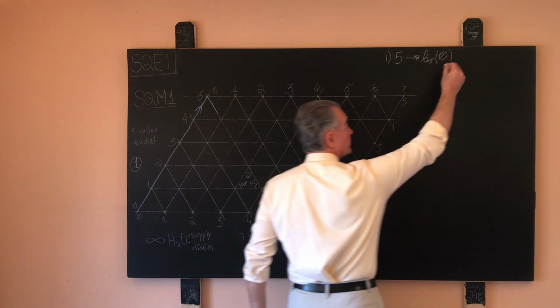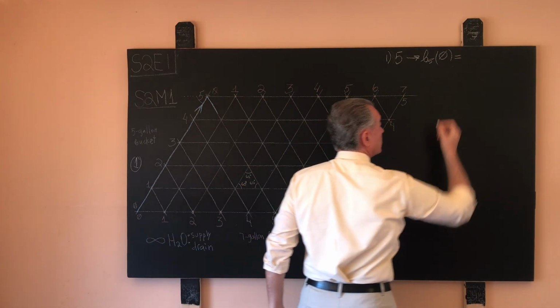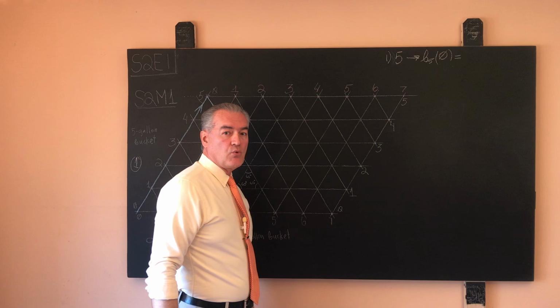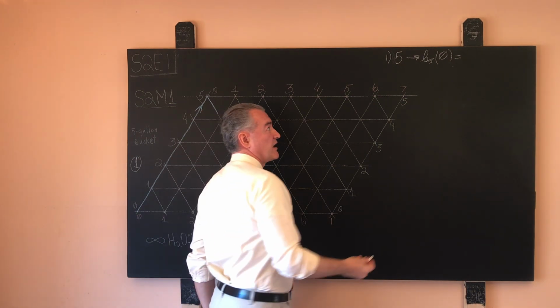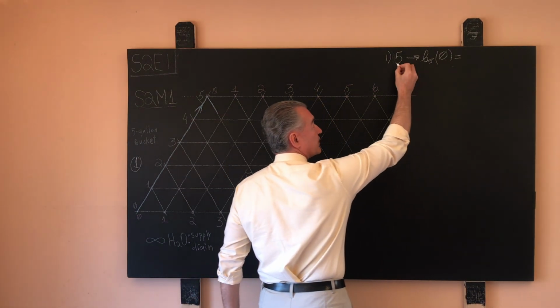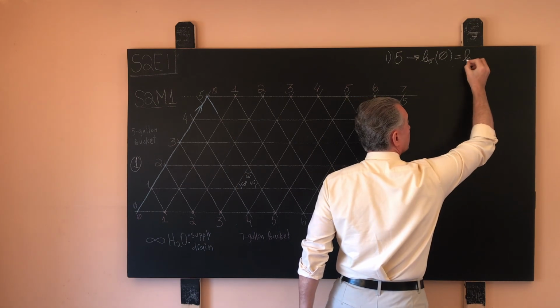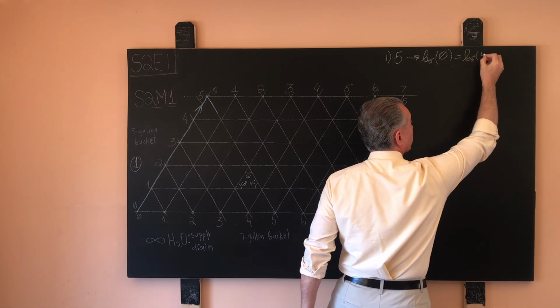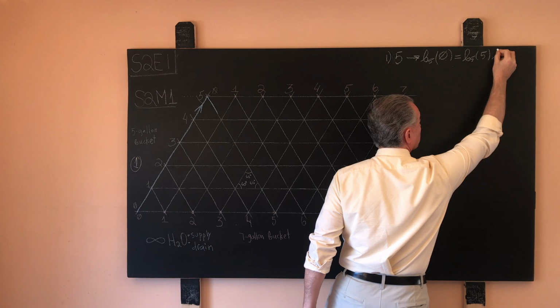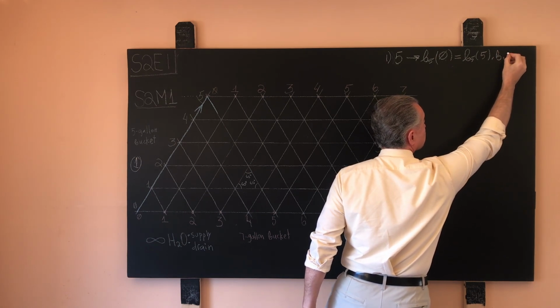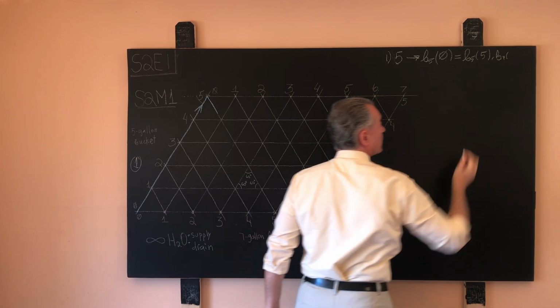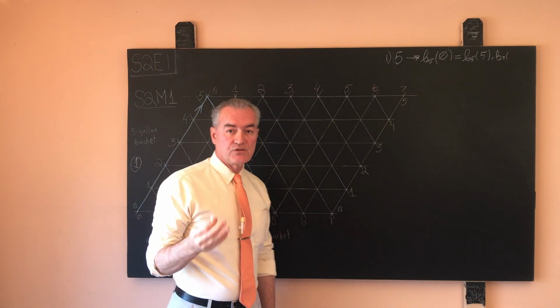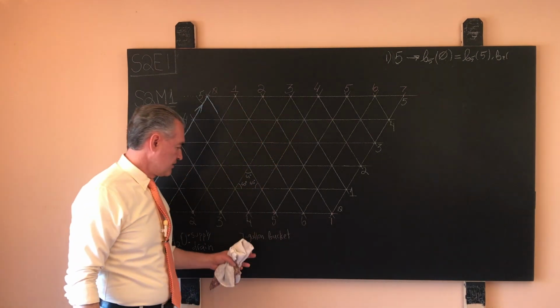The result of this operation will be what? It will be the fact that 0 plus 5, there will be 5 gallons of water in the bucket B sub 5, and how many gallons of water are in the 7-gallon